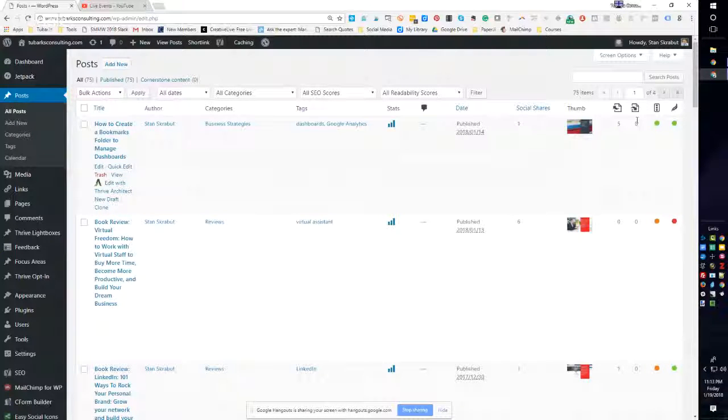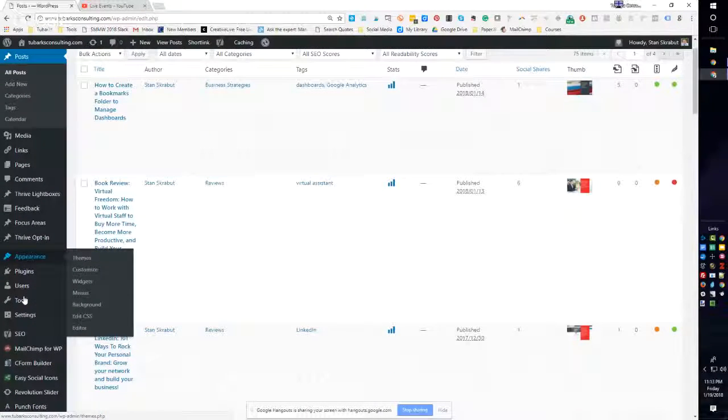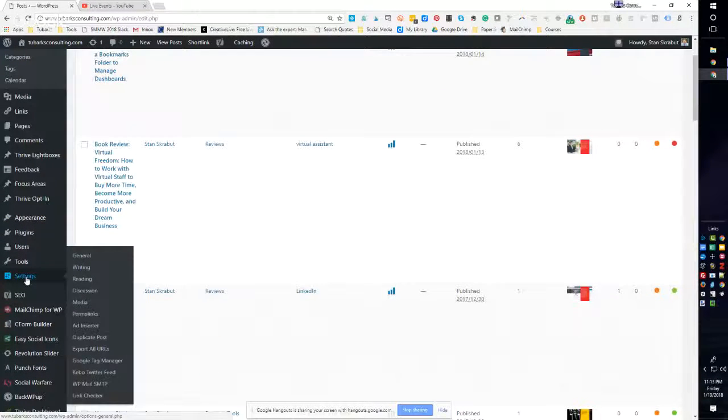So the last thing that I want to talk about is broken links. And one of the tools that I'm using is called a broken link checker. So broken link checker, go over here, and under my settings, I have a link checker. And when I click on that,